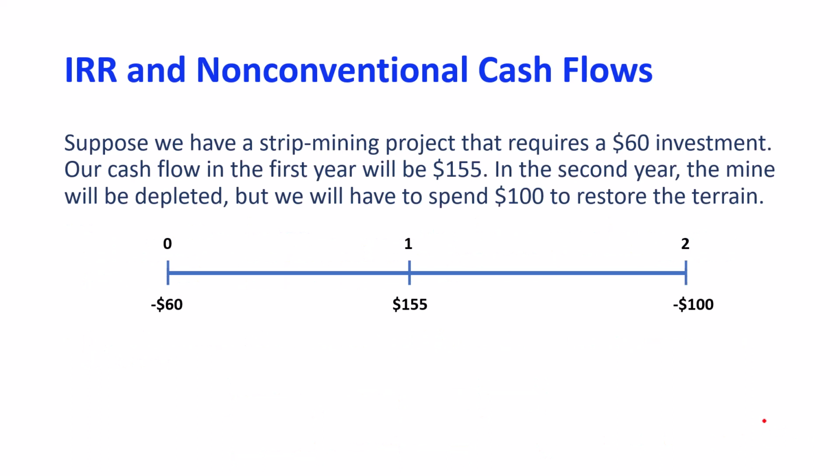Here we have a situation where we have a strip mining project that requires $60 investment today, so a cash outflow today. It returns $155 in year one, and then the mine is depleted in year two, so you need to invest more in your mine. So you have two sign changes, from negative to positive and from positive to negative. So if we calculate the IRR of this project,